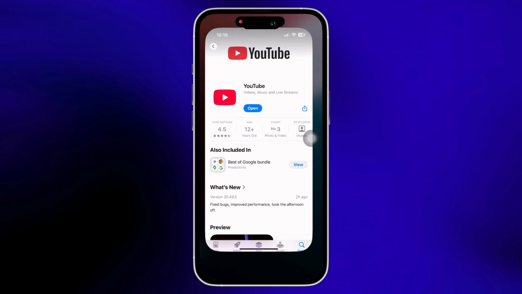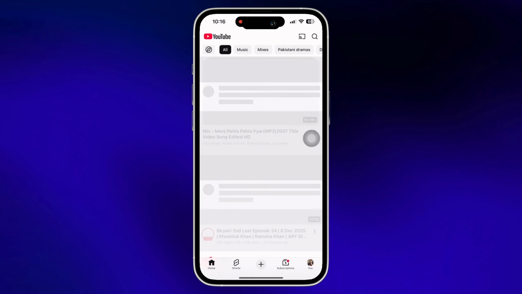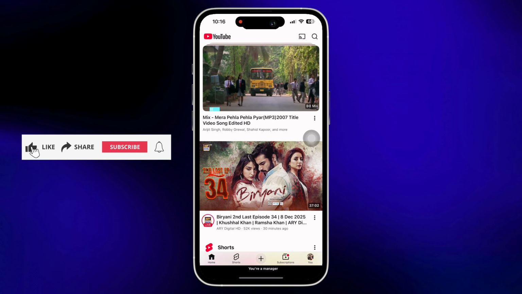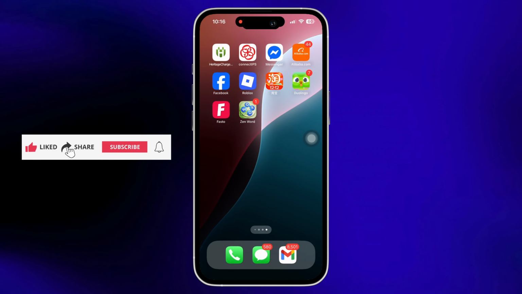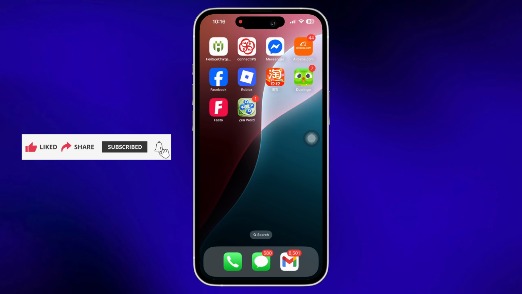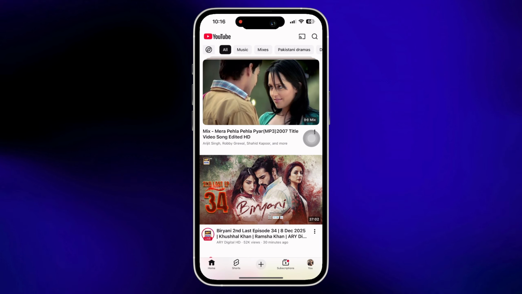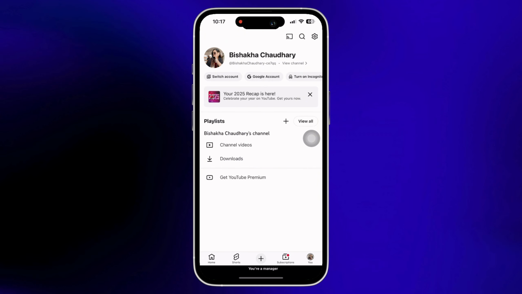Next, go ahead and open YouTube and then swipe up on the screen and force quit the app along with all the apps running in the background, as this will give the app a fresh restart. See if you are able to see the YouTube recap now or not, and if not, then go ahead and